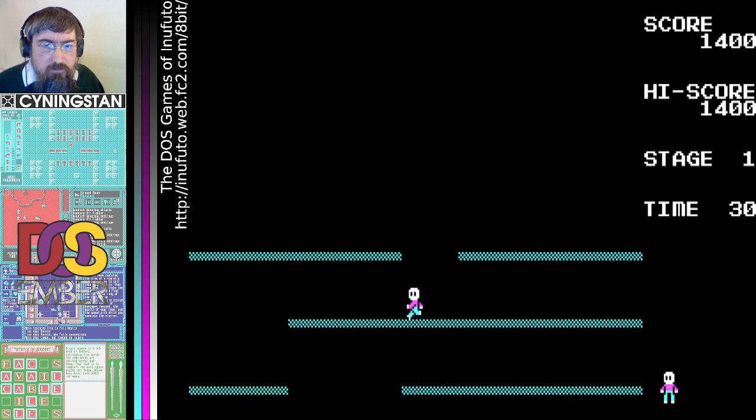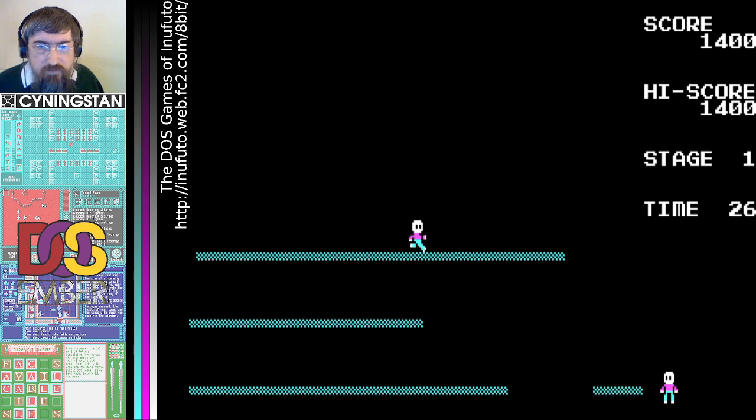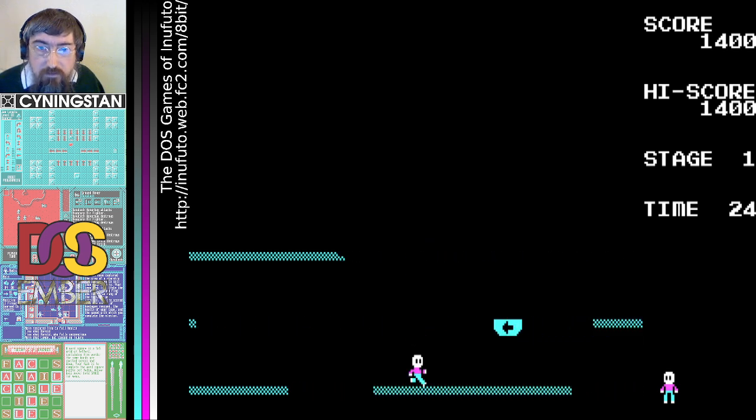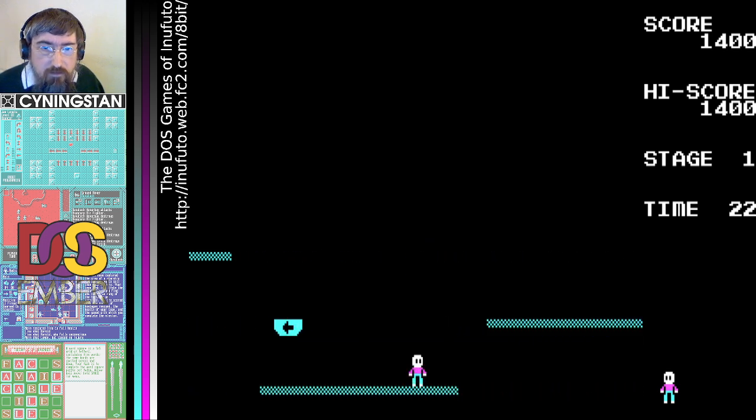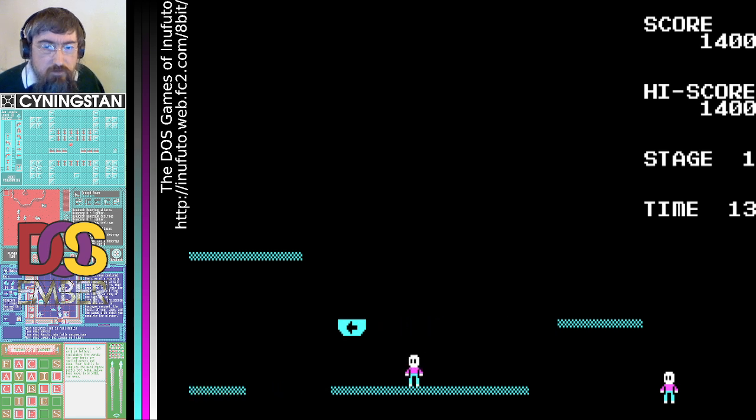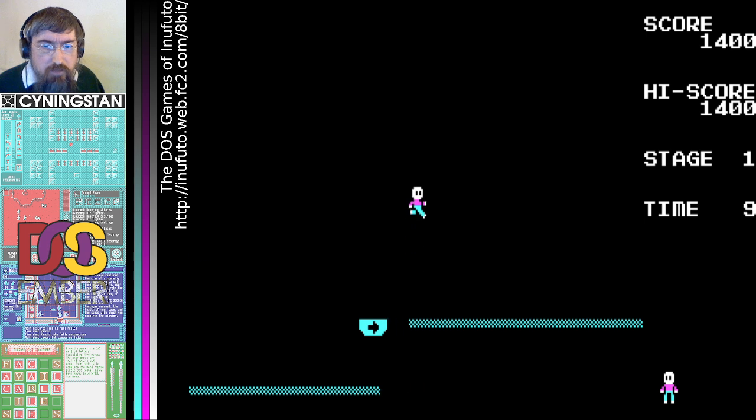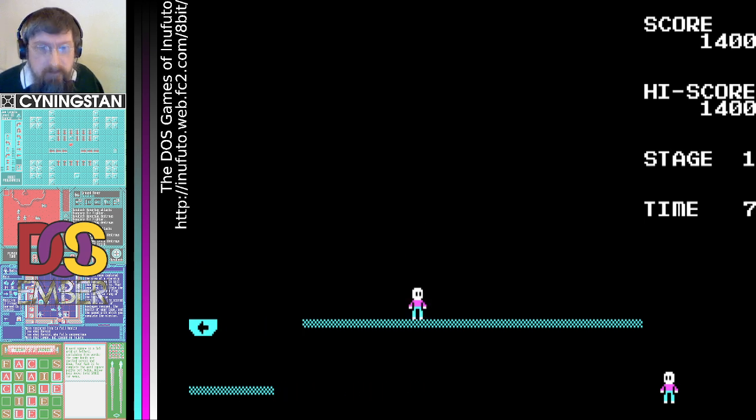Right, this is the one where we've got the horizontal elevator. Oops, I bumped my head twice on that thing now. Right, let's see if I can do this. Nope, I missed. Oh, you don't have to walk along. If you get on there properly, it will carry you. That's nice.